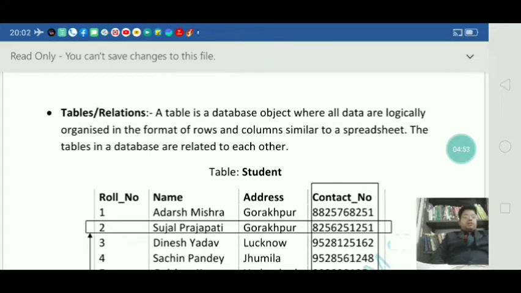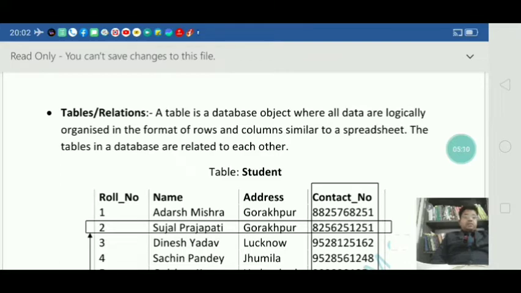If the amount of data is not very large, and if you are comfortable storing all the data in a single table, then one table is sufficient.